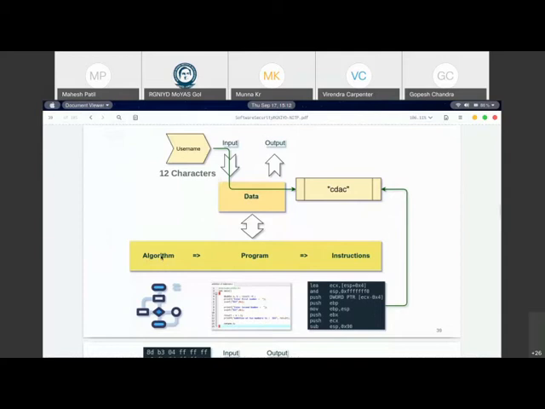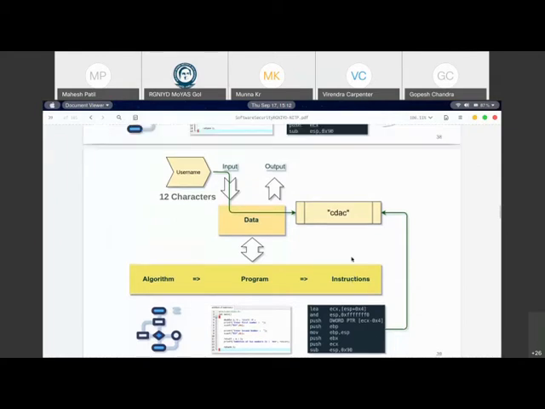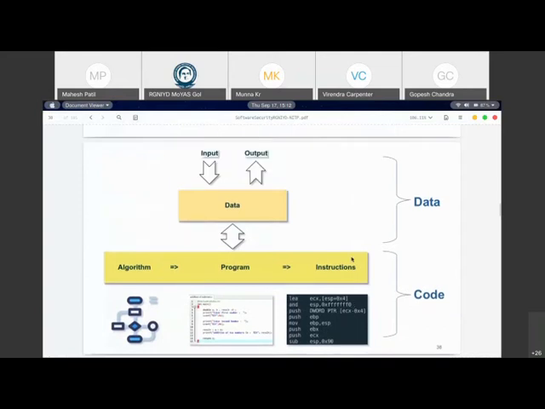If you see, you typically start with an algorithm. That is your aim, right? And once you have an algorithm in your mind, you start coding for it. That's where you start writing the program, and this program is then compiled and converted into instructions. So when you convert this whole content into instructions, that is what you typically store in the memory, and that goes into the part which is nothing but the code.